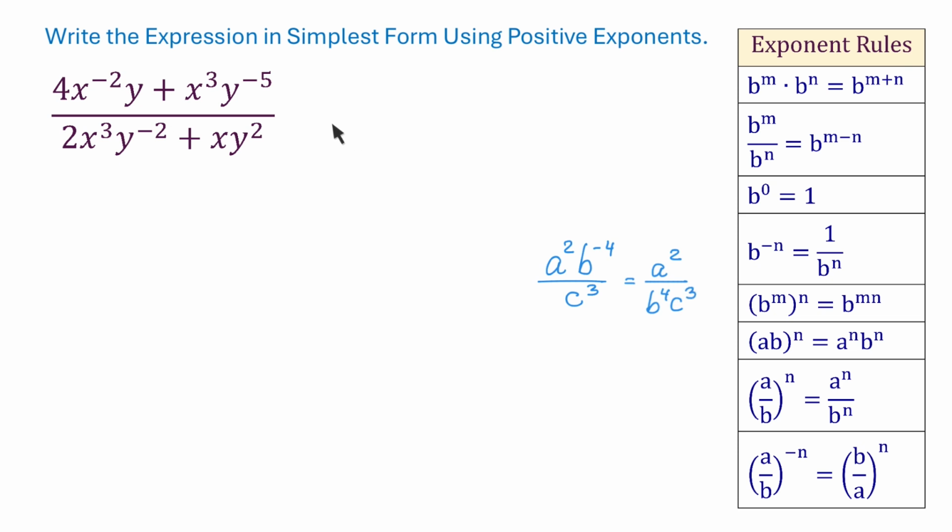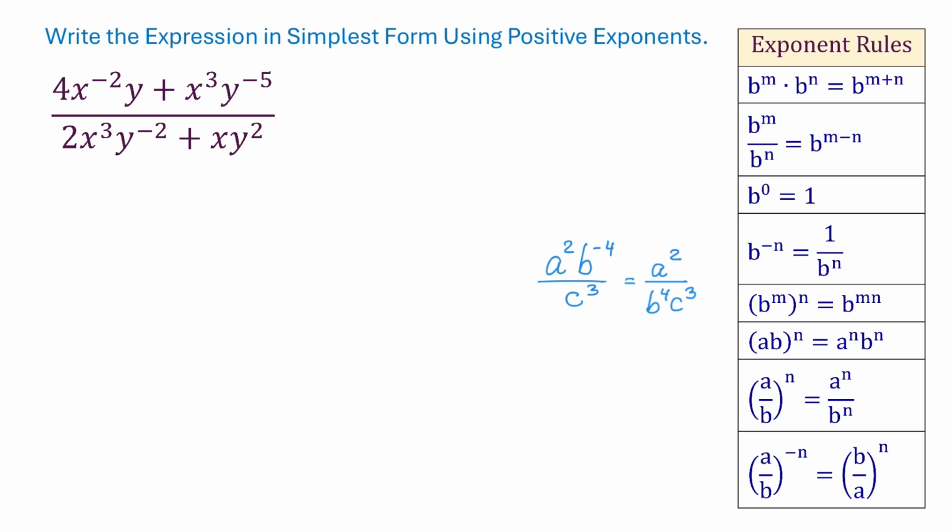Now, if we look at our problem, in both the numerator and the denominator, we have a sum. And because of this, we cannot move individual variables. For example, we can't move y to the negative 5th power down to the denominator. Instead, in each product, we will form fractions, and we will move the variables that have negative exponents